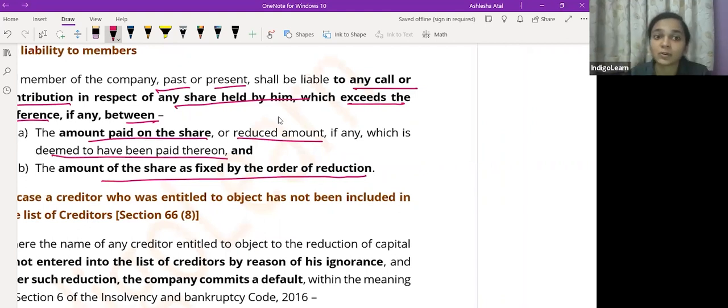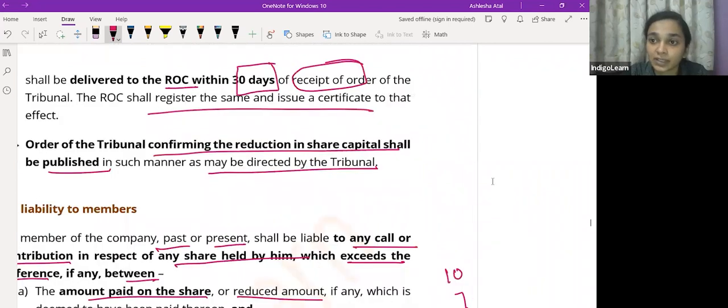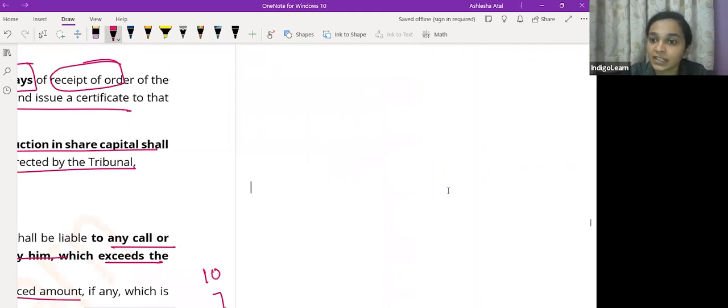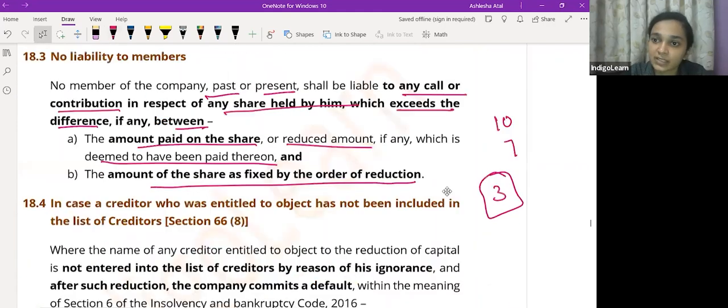not be asked to pay any amount which is exceeding the amount of the share after the reduction in the value. Say for example, पहले जो शेयर का अमाउंट था 10 रुपए था, अभी reduce करके 7 रुपए हो गया. So ये जो 3 रुपए है difference between this amount, ये 3 रुपए शेयर होल्डर से मेंबर से नहीं बुलवाए जाएंगे. So if you remember, ऊपर मैंने आपको बताया था when we were doing reduction in share capital, there can be two situations. One is wherein the company says we will not call this amount at all,